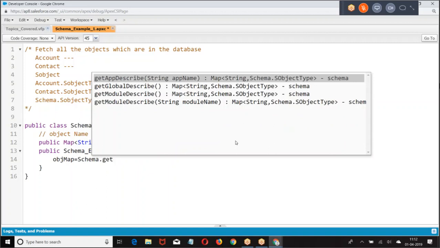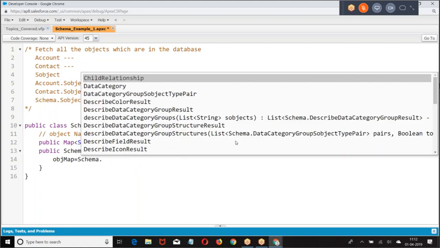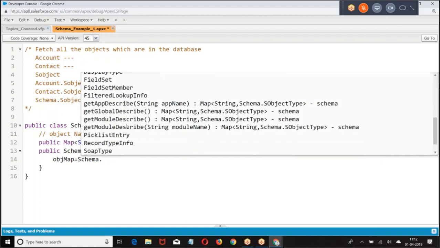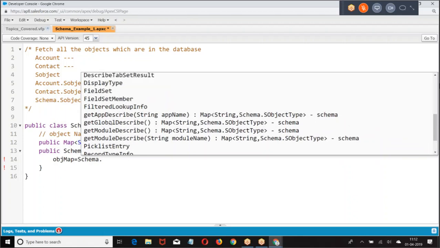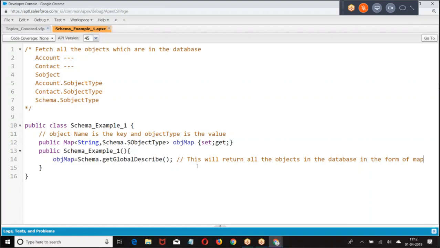Get global describe. This will return all the objects in the database.